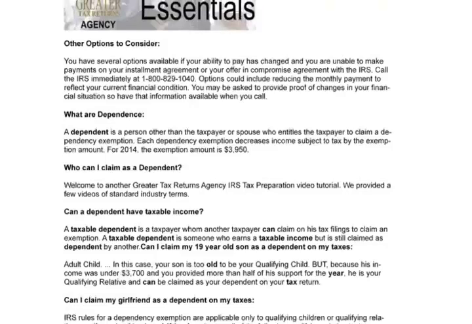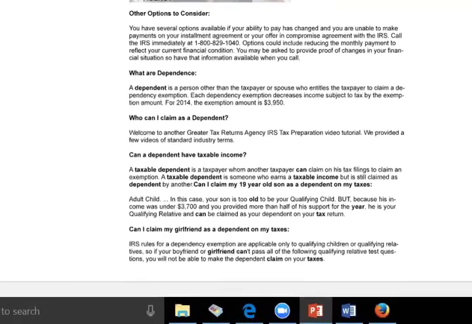For 2014, it was $3,950. I think it's up a bit now. So you can claim a dependent and it can reduce your tax amount, because you're reducing your taxable income by $3,950. And again,